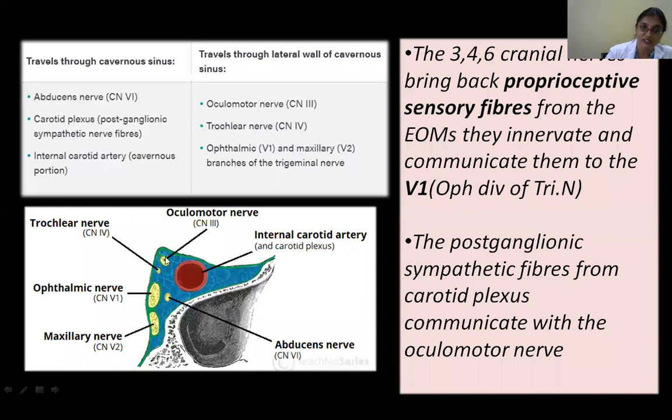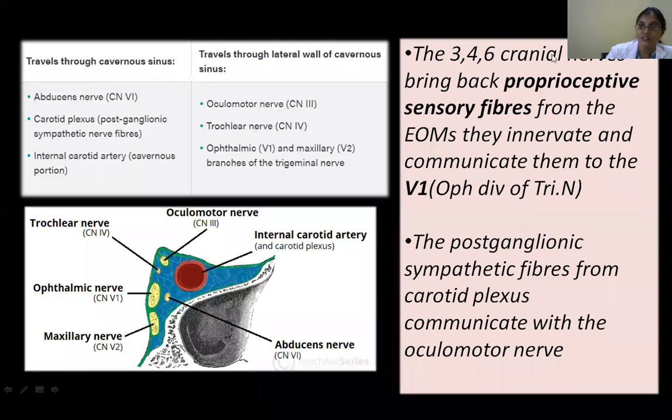The general somatic efferent here, general visceral efferent. Then the internal carotid is here, and then it's giving a few sympathetic fibers. Please take them along with you when you're going up to the eyeball. And same thing, the proprioceptive fibers, which actually have to communicate with the ophthalmic division and go to the trigeminal nucleus, they say, anyways, you're here, so we'll give you the information and you just carry it and give it to this ophthalmic. So they're acting like messengers.